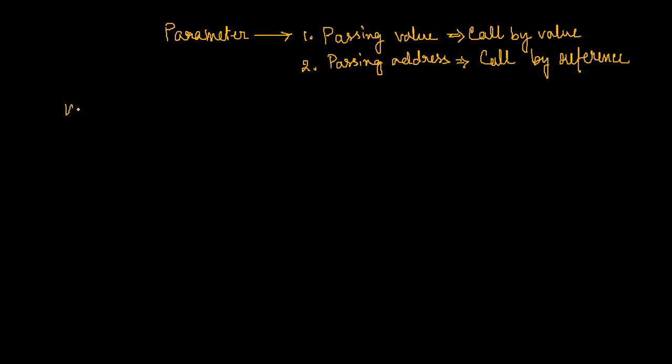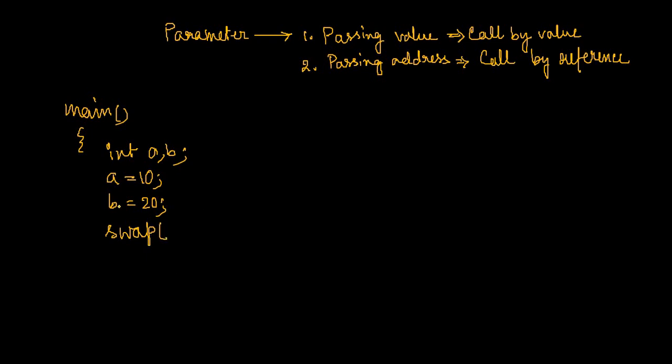Now I will write the same thing. Say I have a main function. Within the main function I have two variables A and B, and I have declared A equal to 10 and B equal to 20. And again I will call the swap function, and it has to be void. There is no other choice. But now instead of passing A and B directly, here I will pass their addresses. I want to swap something. Instead of giving the values to you, I am giving the addresses of the variables to you. So how can I give the address? By ampersand A and ampersand B.